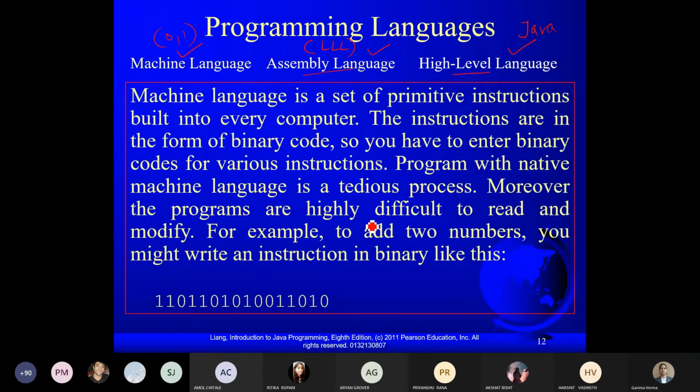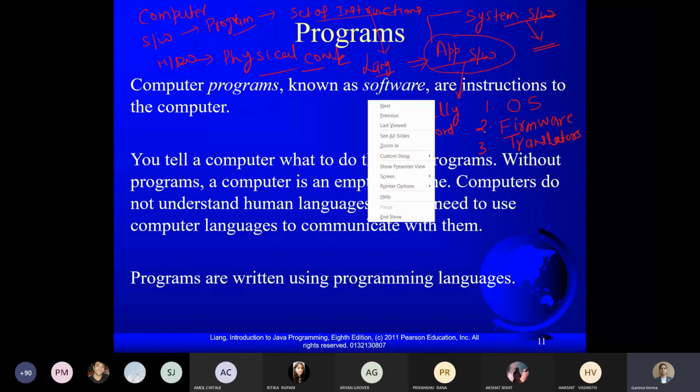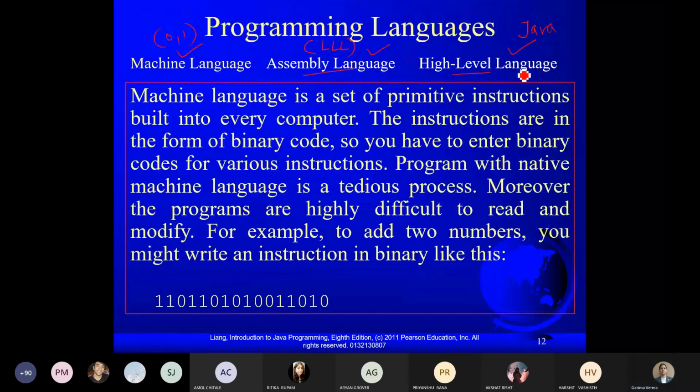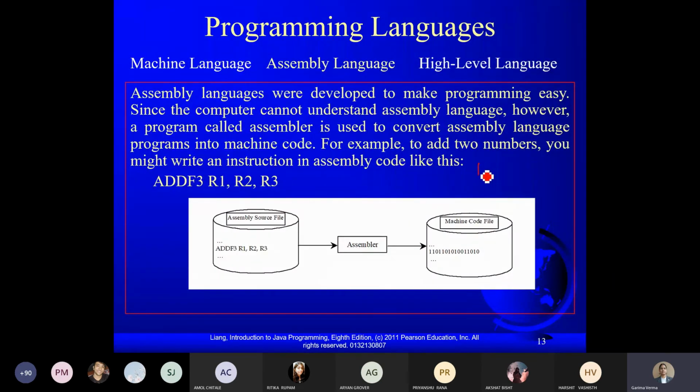So इसको डिस्कस कर लेते हैं। पहले मैंने आपको बताया there are three type of system software: ऑपरेटिंग सिस्टम, फर्मवेयर एंड ट्रांसलेटर। तो हम ट्रांसलेटर से शुरू करते हैं क्योंकि हम लैंग्वेज की बात कर रहे हैं। If I'm working with the high level language, then I have to convert this language program into machine language. And if I'm working with the assembly language, then also I need to convert my program into the machine level language. So there are three type of translators available: compiler,